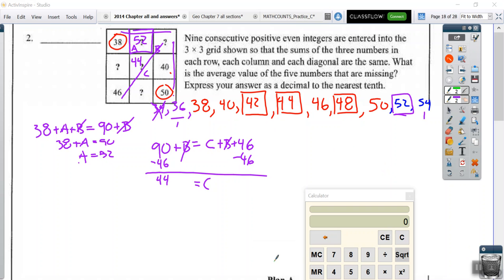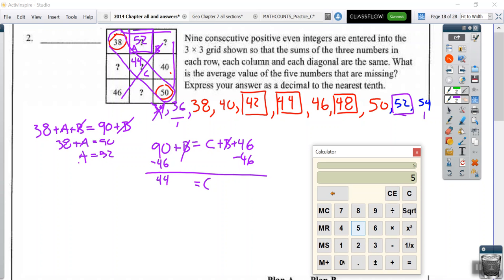So right now I know that I can get the sum of every row because I have 3 numbers in a row. So we have 50 plus 44 plus 38, and that's going to give me 132. All right, so since we have 132, as soon as I get a 36 or 54, then I'm going to